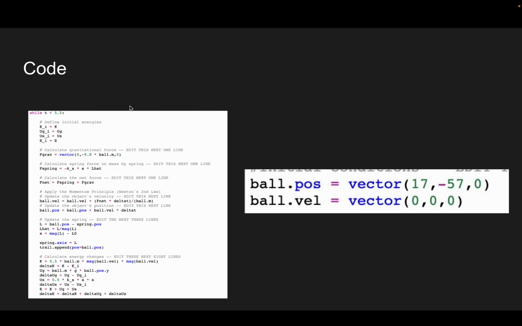As you can see, the code accounts for all three different factors using force. First, it calculates the initial energies for each of them, defines that out, and then it calculates the force. So it calculates force gravity, force spring, and then the entire net force, and then it will go on to update the velocity and position based on these forces, and then it will update the spring,